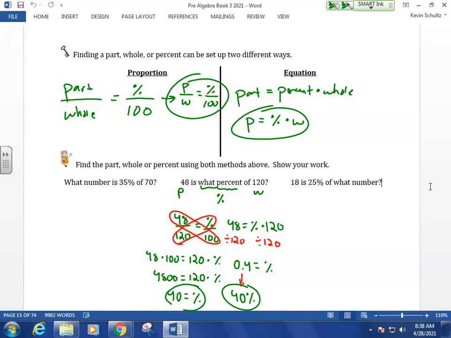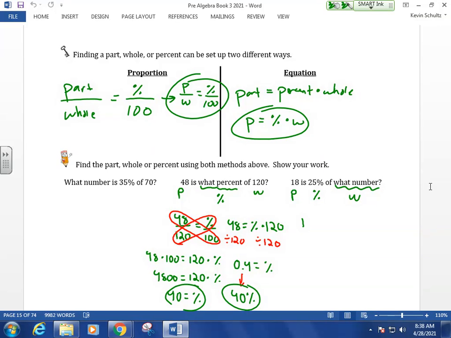Last one here, 18 is 25% of what number? This time we're given the part, we're given the percent. What follows the word of is our whole. That's what we're solving for. So using proportions,